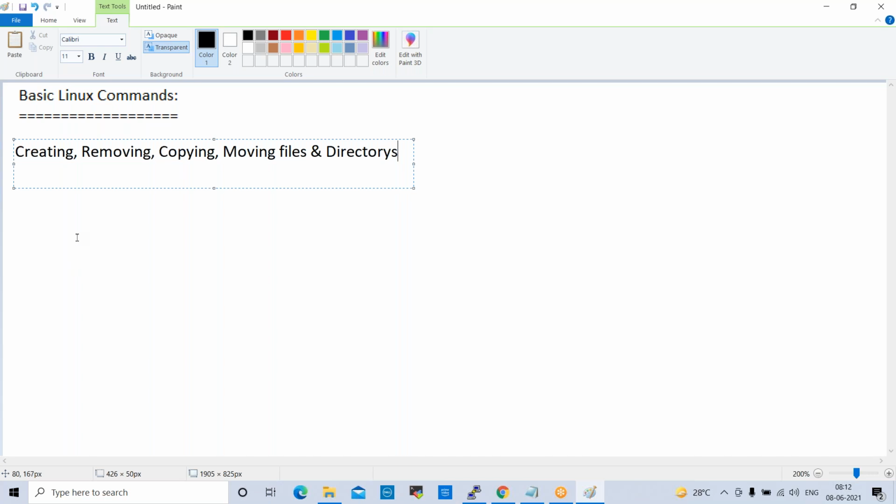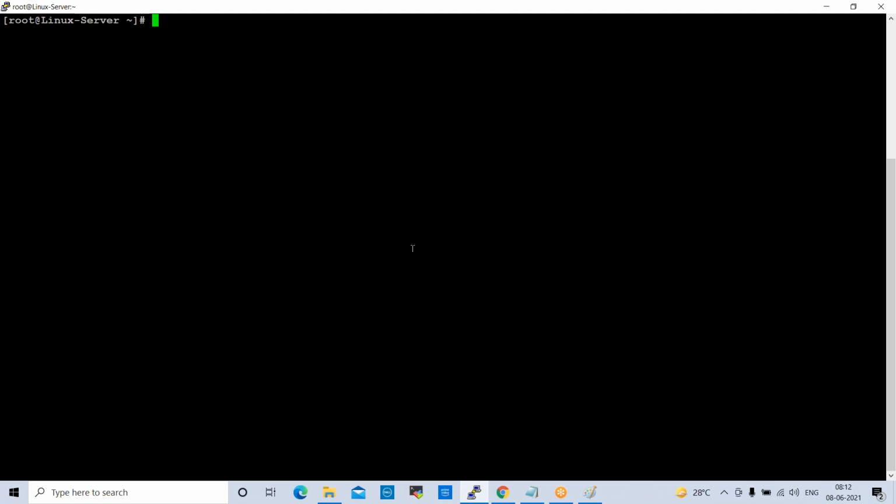So yeah, very first command. If you want to create any file, what is the command to create a single file? Anyone? To create a single file, yeah, we can use touch also. VI file name. VI also we can use.